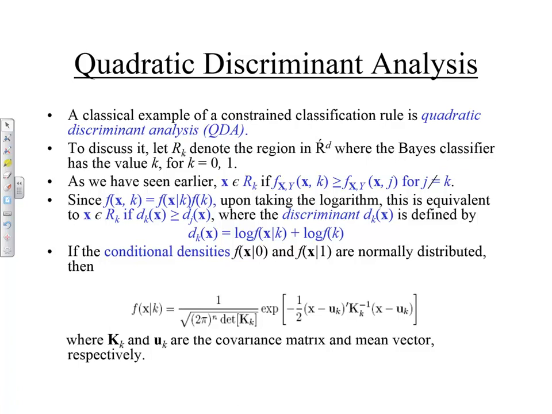So a classic example is the QDA, quadratic discriminant analysis, right? So to introduce QDA, let R sub k